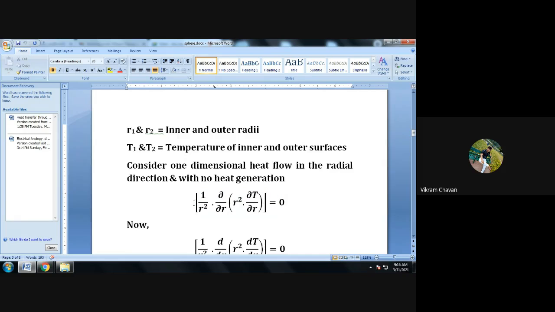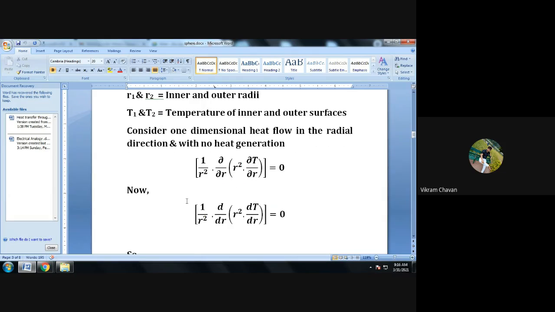Now if you are going to consider the larger body, or if you are going to apply this particular equation for a complete object, in that case the partial differentiation will be converted into a complete differentiation, so that the equation will be converted from micro level to the macro level. This is applicable for the micro level, and we are using this equation for the complete body, or we can say the macro level, or the larger object.